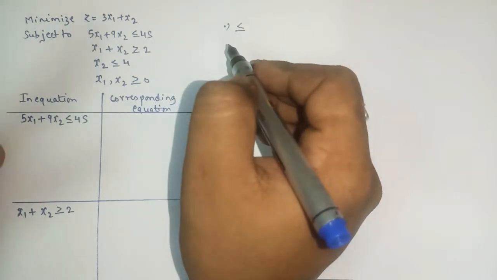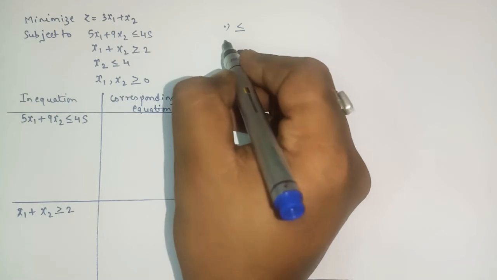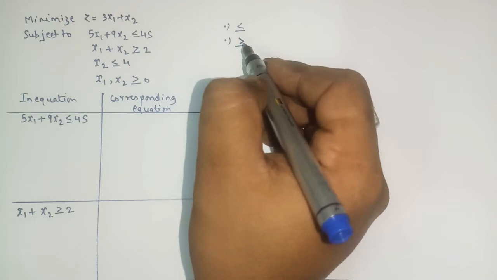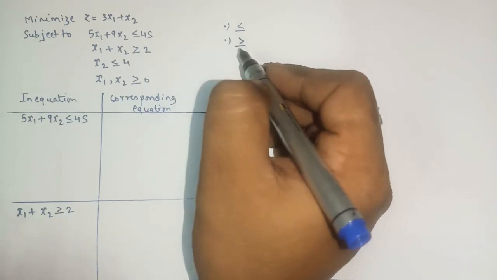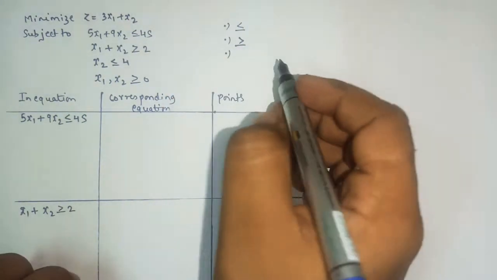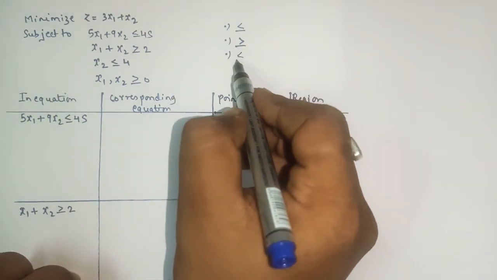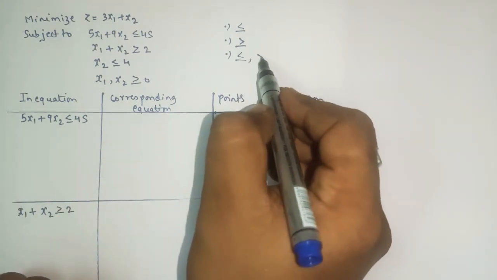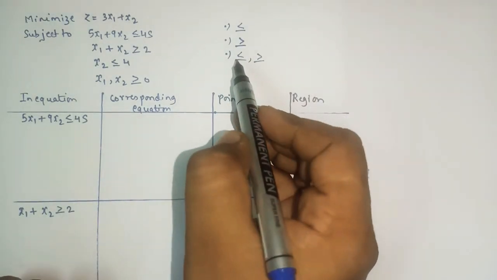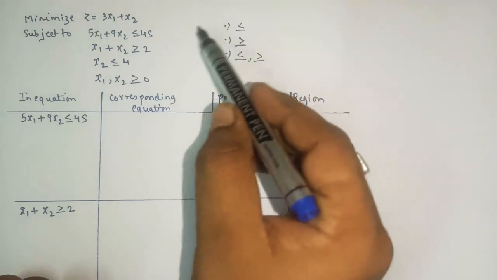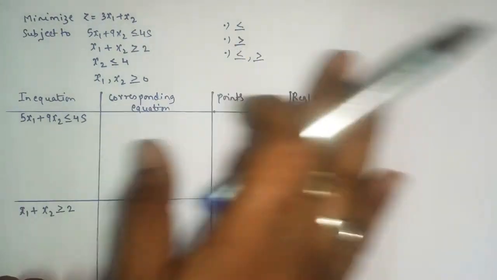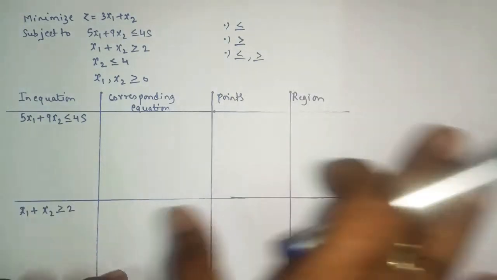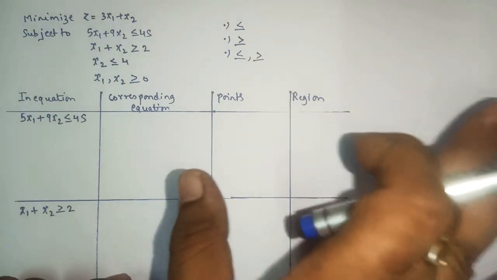So we had connected with this part, the type number one for the graphical method, where we saw two linear equations or more than that, the connection was less than equal to. We even connected with two or more linear inequations where the connection was greater than equal to. We also connected with this type, where a particular question contained both the symbols, less than as well as greater than equal to. So till now we had connected with all the types, and here I can say that straight away this is the last sum of the topic of type number one, that is the graphical method.